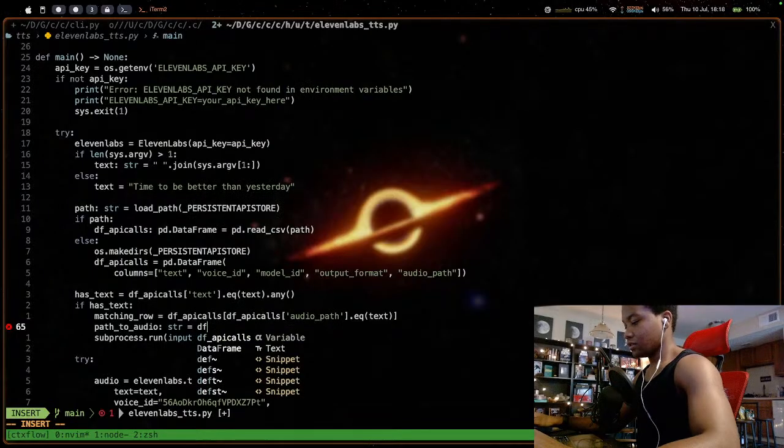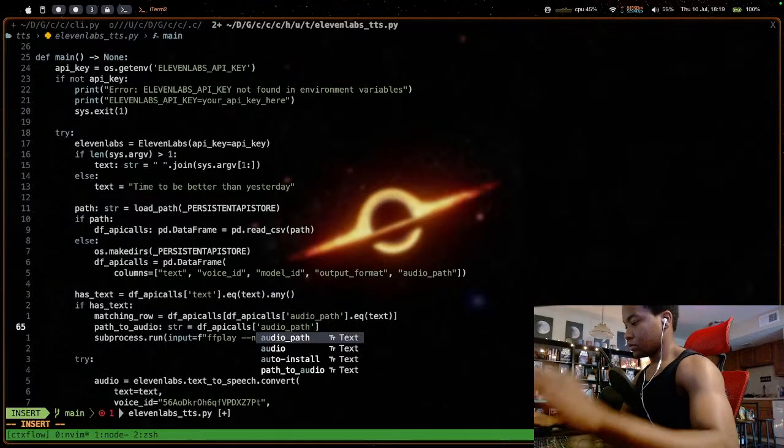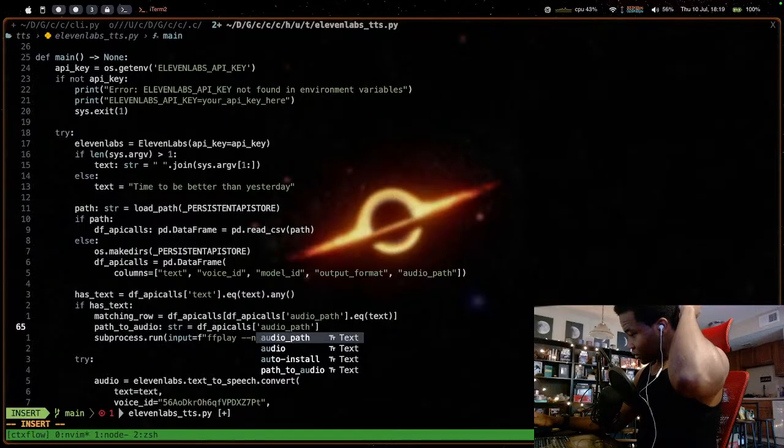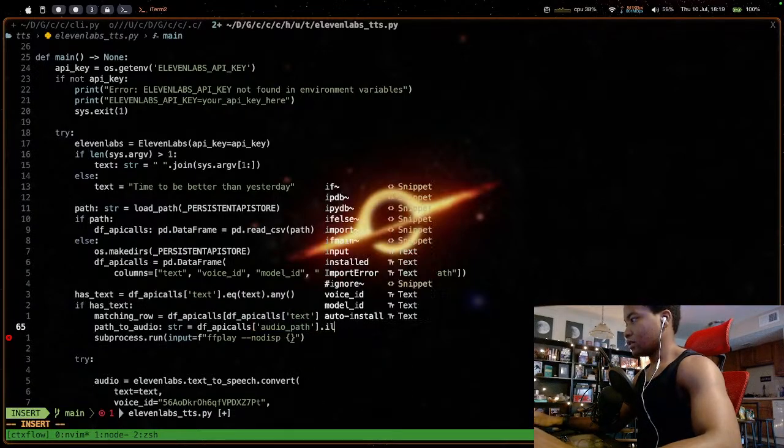I have a feeling this is gonna crash and burn. Then I do, and this is audio path dot iloc.